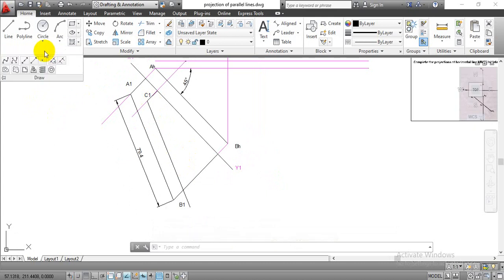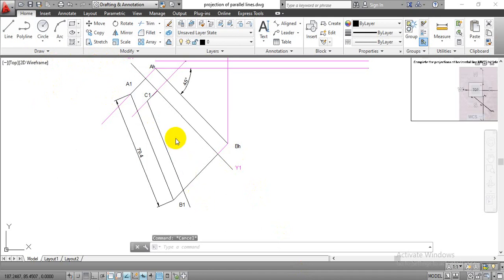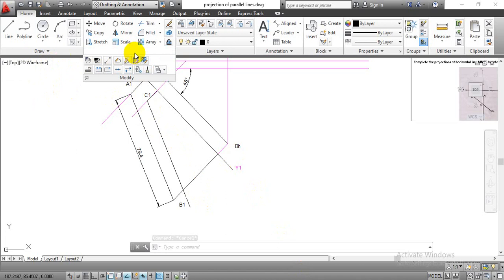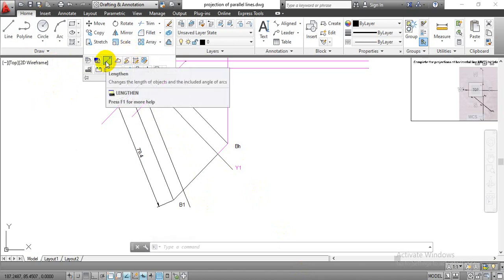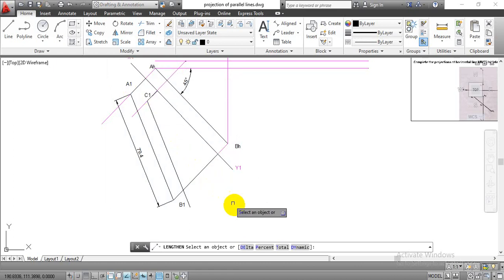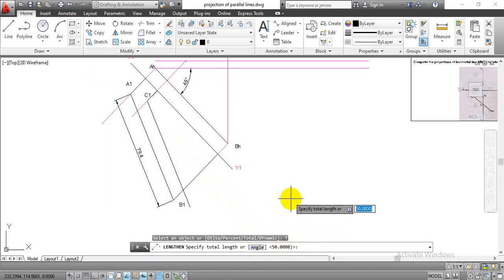Just click over this drop down menu. There you will find one option. Okay, sorry. So you have to go with this modify option. There you will find a lengthen option, so just click on it, and here you have to select this total option. So once you click on this lengthen option, you have these four options over the command prompt line. In that you have to select this total option, and you have to mention the total length 50 mm, because we want to draw a 50 mm length